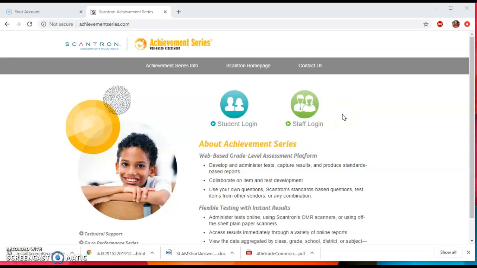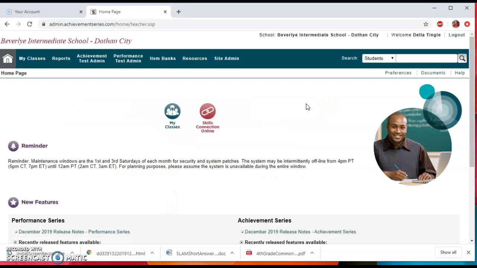Now, if you're a teacher, you do have to have Achievement Series or Scantron from your school, and my school system does. You click on Staff Login. I'm already logged in. You do have to have a site ID, a username, and a password. But once you are logged in to